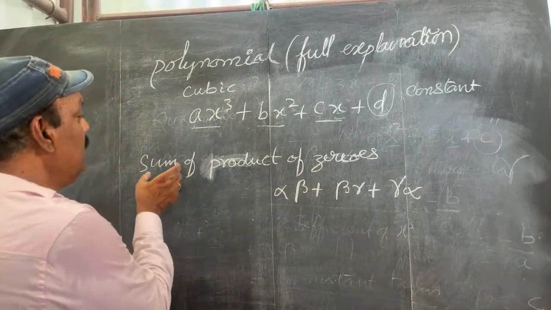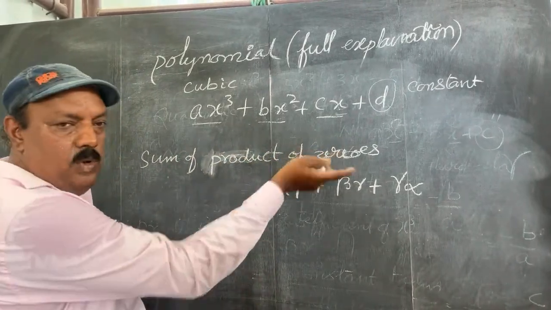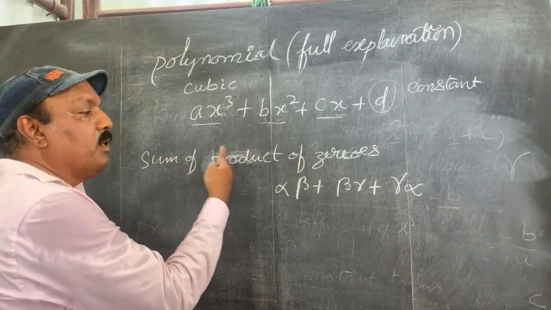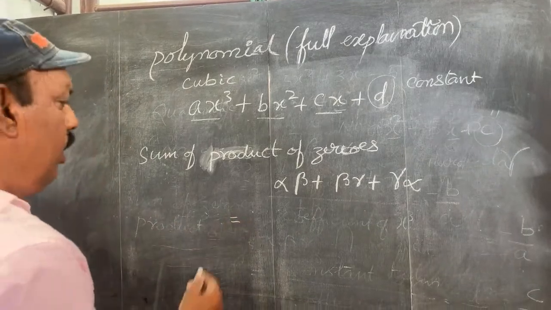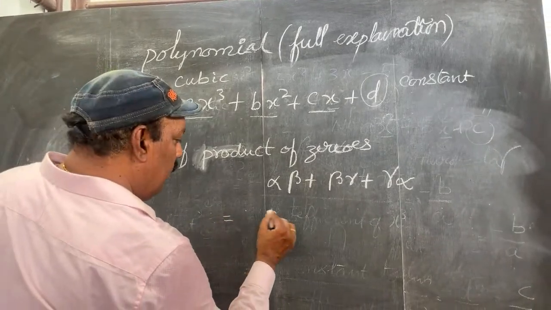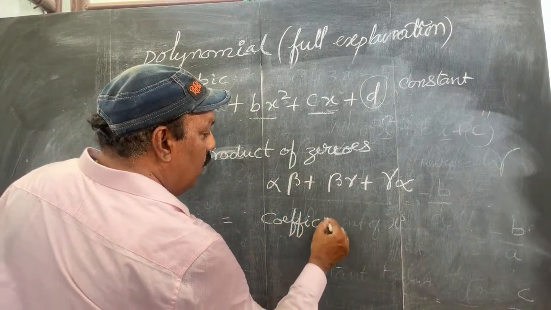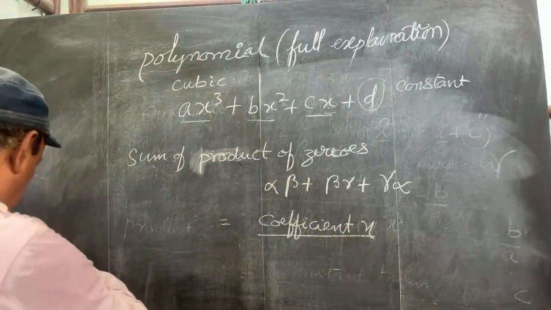So this is the sum of the product of the zeros. Already we have one formula for the sum of the zeros and another for the product of the zeros, but for the sum of the product of the zeros we have a special formula. Now here, coefficient of x by